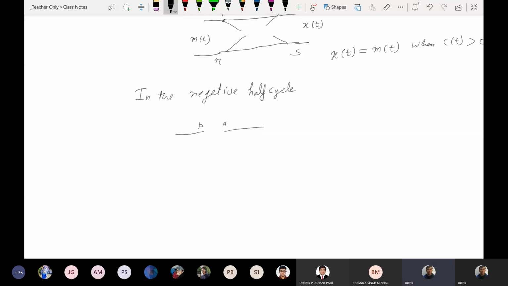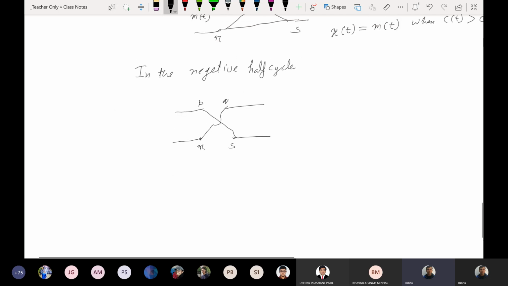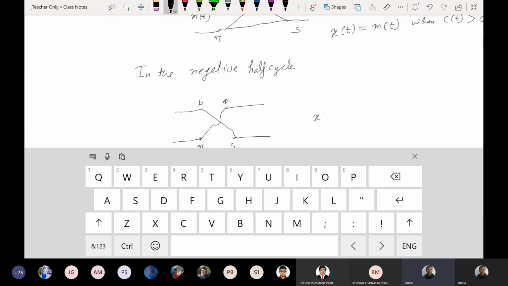P, Q, R, and S. So in the negative half cycle, the other two diodes will be forward biased, and so the switching action of the diodes would interchange in the negative half cycle, right? Which I believe is fairly obvious. So in the negative half cycle,